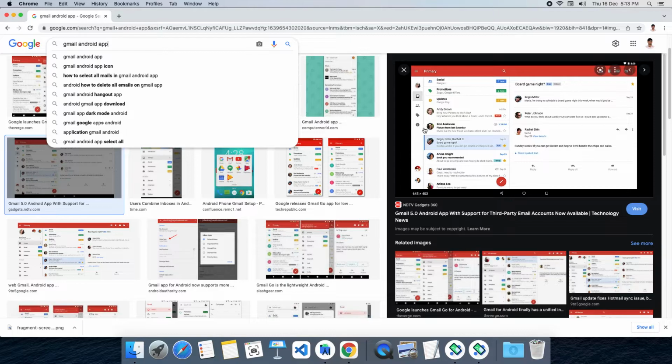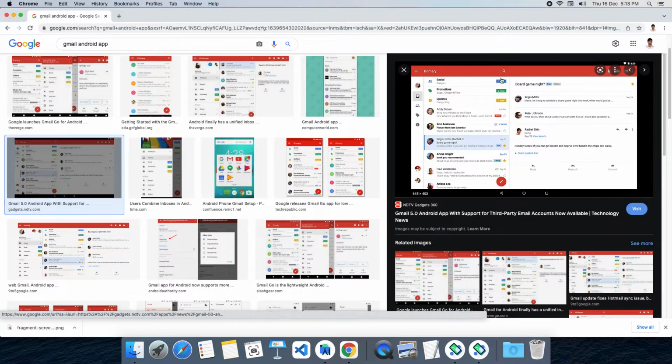The Android Gmail app. This is the best example for fragments. Take a tablet kind of device. How does the Gmail app look on a tablet? In the Gmail application we have a list view. That list view displays the inbox. This is one fragment. On the right hand side, if I tap on any list item or any mail in the inbox, it will display that detail view on the right hand side.